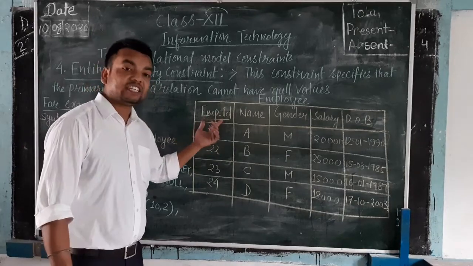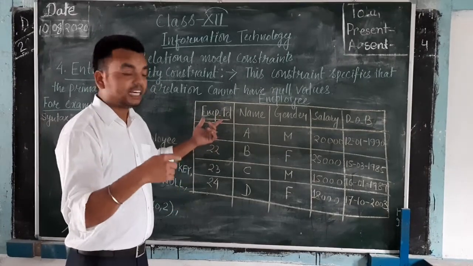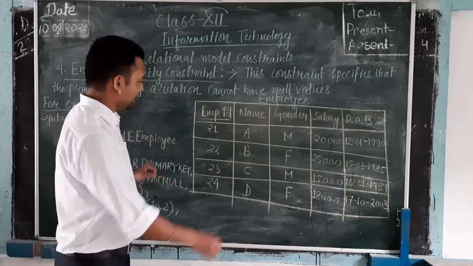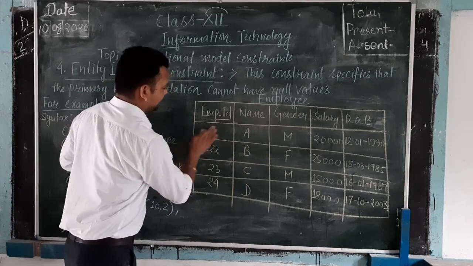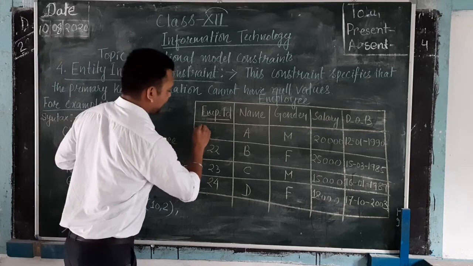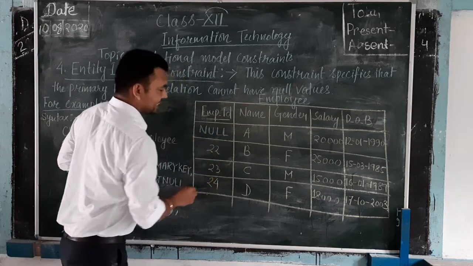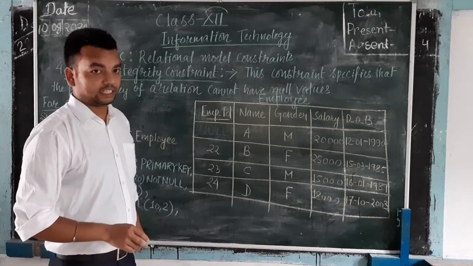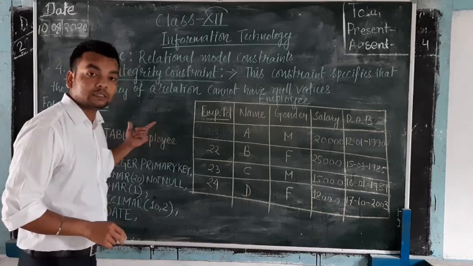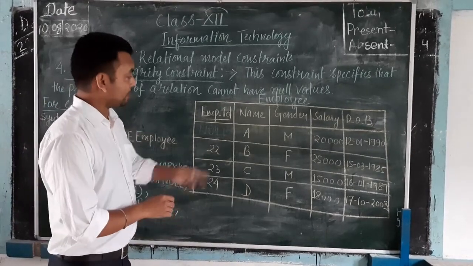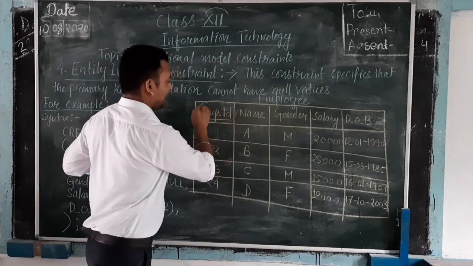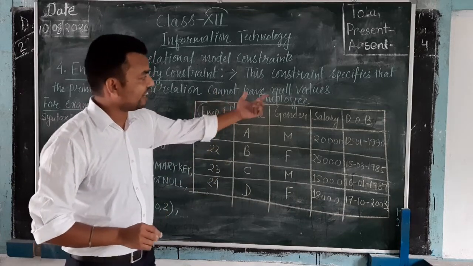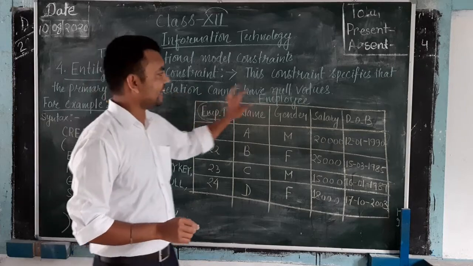Now, while learning the concept of primary key, we have learned that a primary key cannot have a null value. First point is, this primary key field cannot be left empty. If we insert a null value here, that is, we do not insert any value in the primary key field, it will always throw an error, meaning our command will not get executed. So the primary key field should always be kept unique. Apart from that, it cannot have null values. Correct?